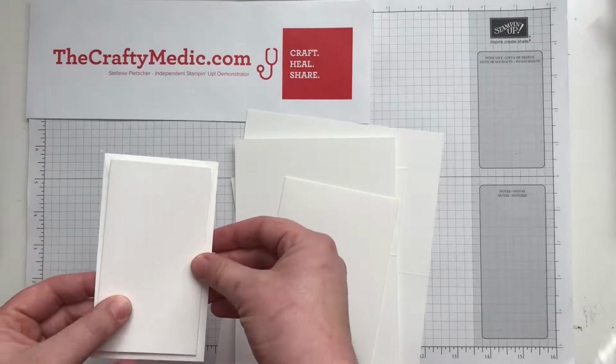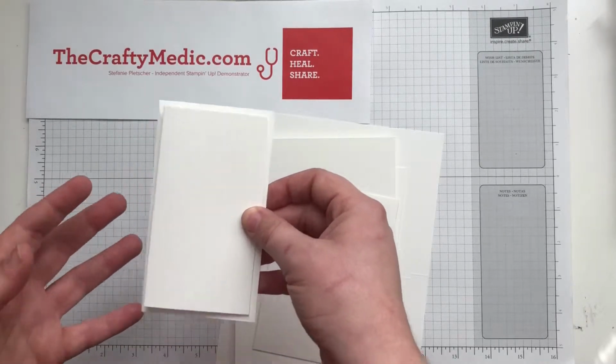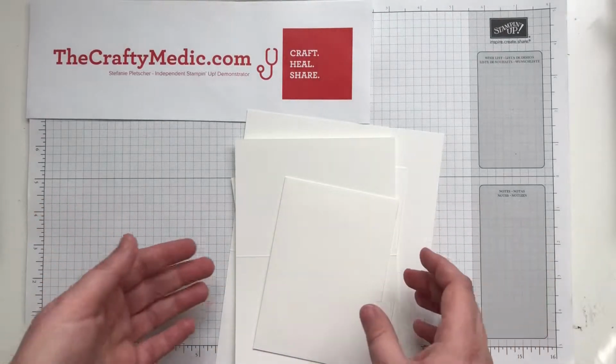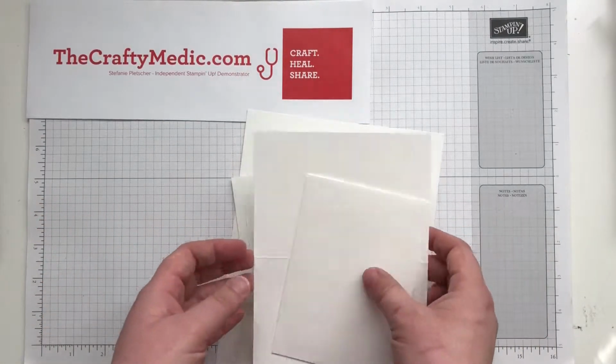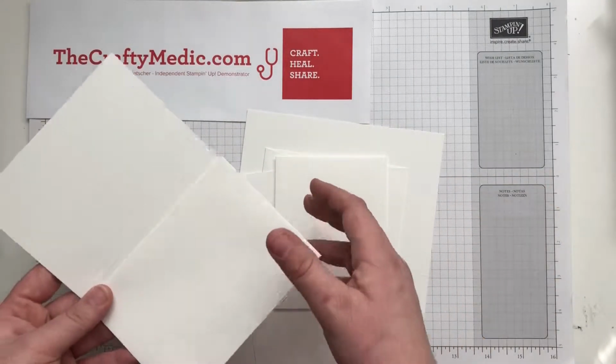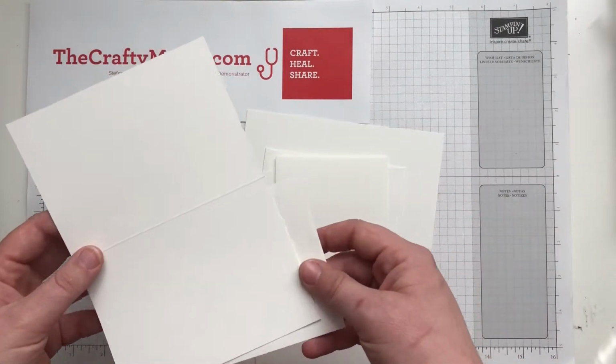You can't mail these. These are something that you'll need to give to somebody in person or include in a larger envelope. The next one I've got here, this is our note card, our standard note card. So they're sold as note cards and envelopes,